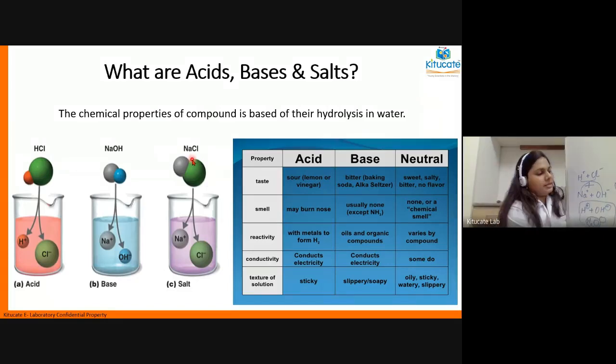Now this product which is formed is not an acid or a base. It is called a salt. One thing you all remember is that salt is not just the salt that we use in cooking. Salts are of many types. We use NaCl for our food, but NaCl is not the only salt. There are many types of salts. Here the example is of NaCl. So when an acid and a base are combined, we get water and we get a salt.